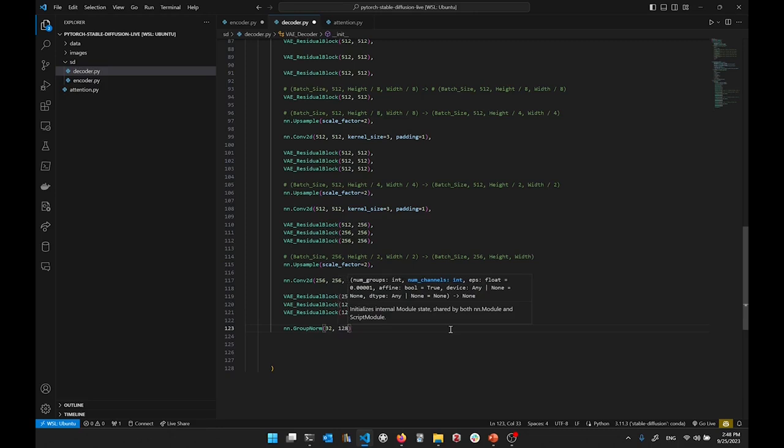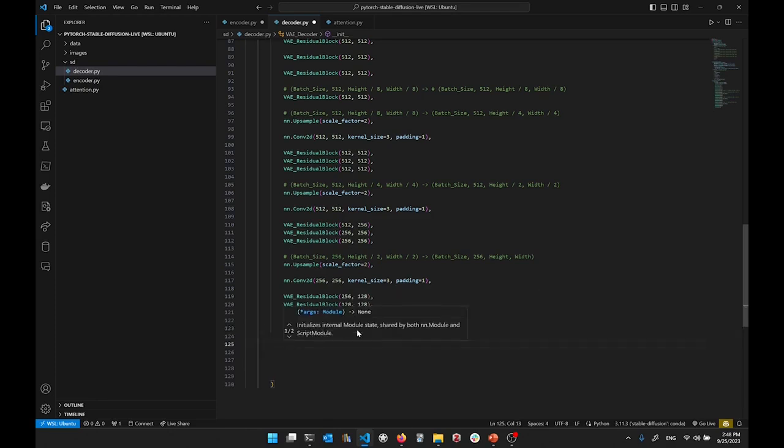And we define the number of channels as 128, which is the number of features that we have. So this group normalization will divide these 128 features into groups of 32. Then we apply the SiLU,